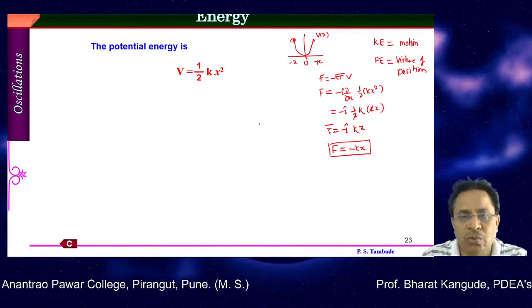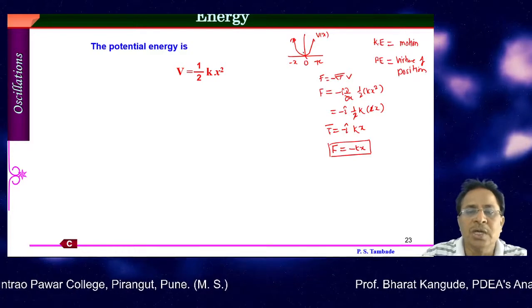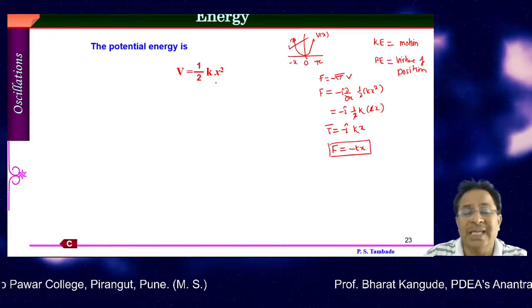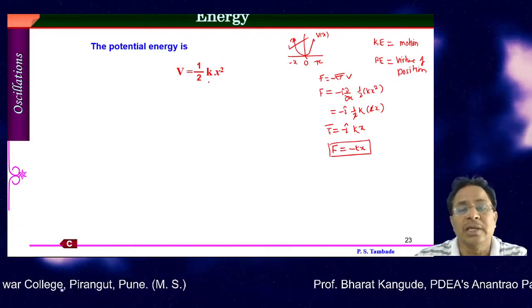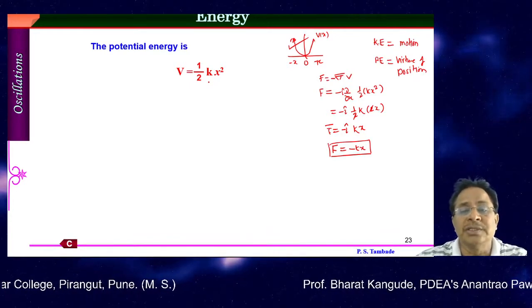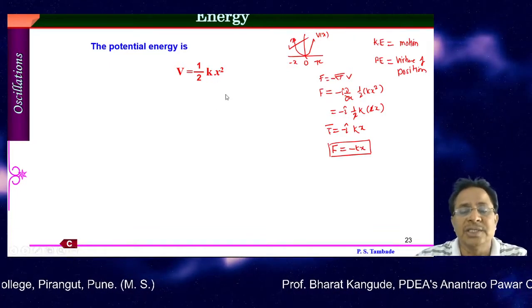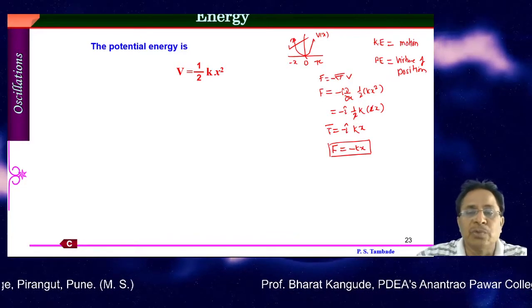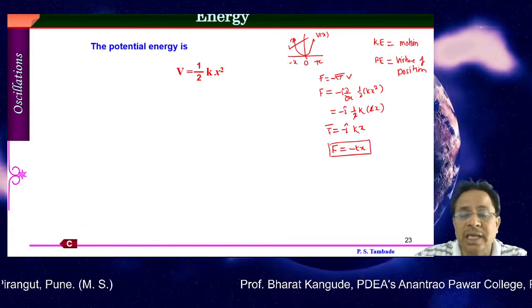So earlier we have known this is the force. To have this particular force, we need a potential of the form 1/2 k x square. Remember, this is the potential energy for a simple harmonic oscillator. 1/2 k, where k is the force constant and x is the displacement. Depending upon the displacement squared, this potential energy goes on increasing on both sides, as the diagram we have seen earlier shows.